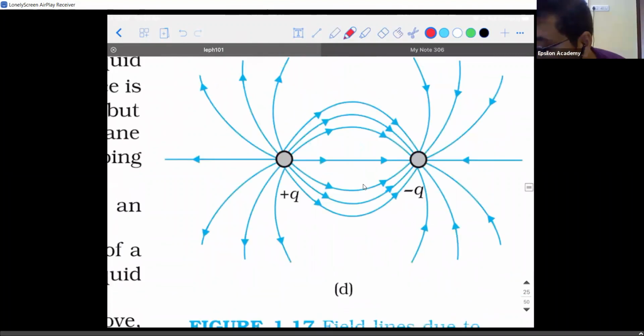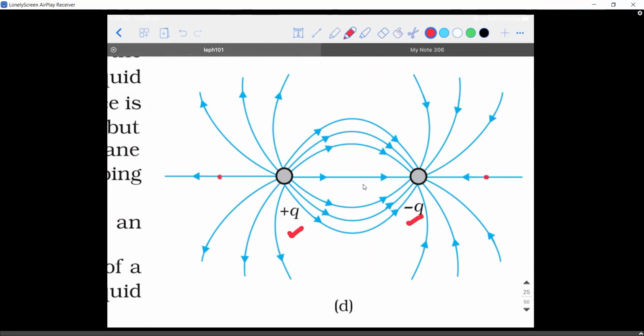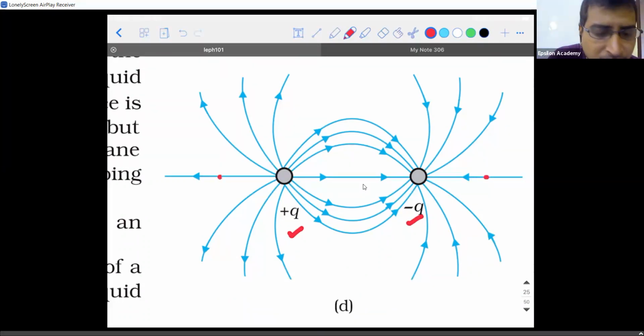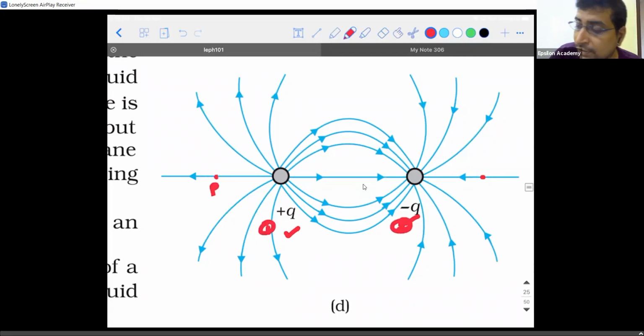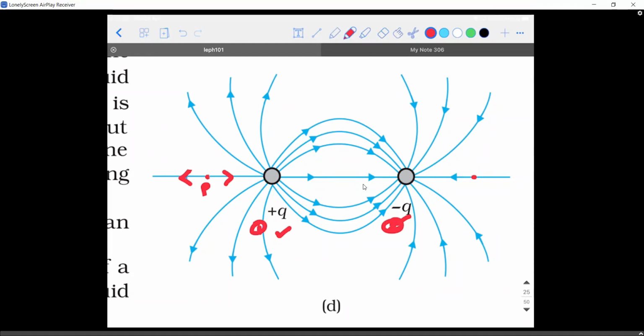If I have a system of a positive and a negative charge, what would have happened? It's very simple. Along the axis, along the line joining these two charges, the electric field is still going to be straight only. So if I take this point as P, due to the first charge, the electric field will be to the left. Due to the second charge, the electric field will be to the right. But logically tell me one thing, the electric field at point P, due to the positive charge will be more or due to the negative charge will be more? The positive charge, because it is closer.